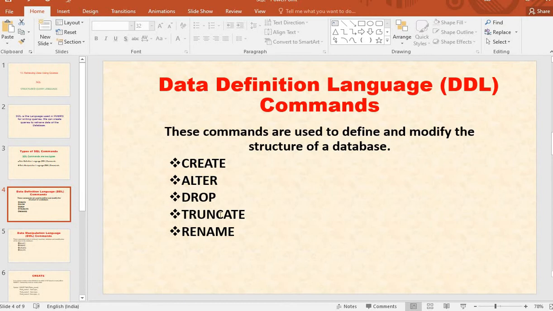Here, truncate command is used to remove tables, delete tables in a database. And last one is rename. It is used to rename the database. Clear? So mainly 5 commands are there. First one is create command, second one is alter command, third drop command, fourth truncate, fifth one rename. These are the DDL commands.